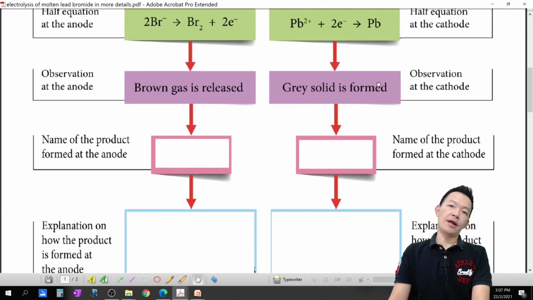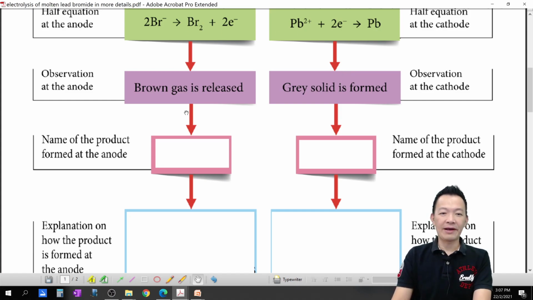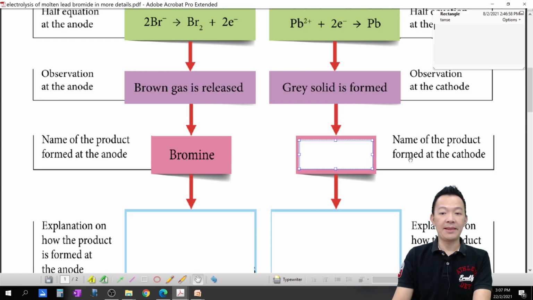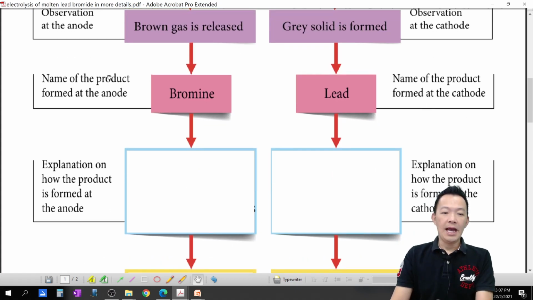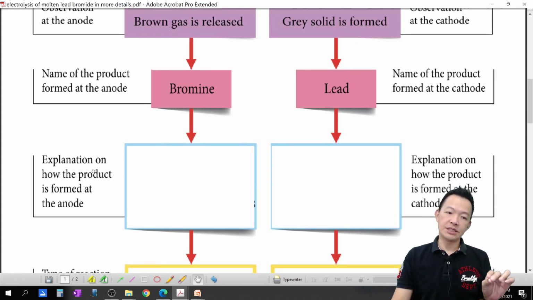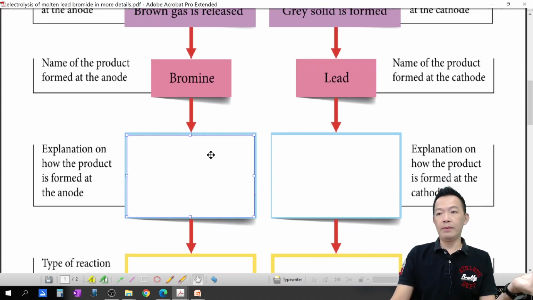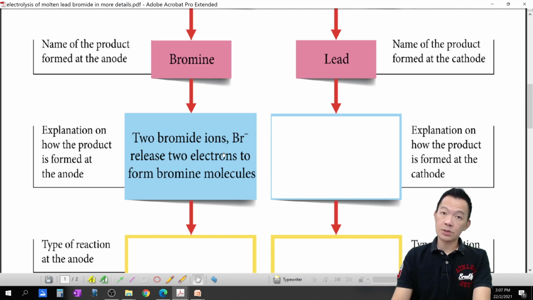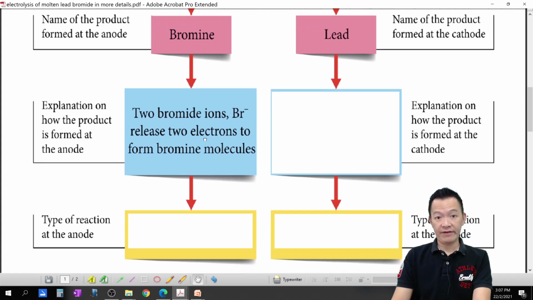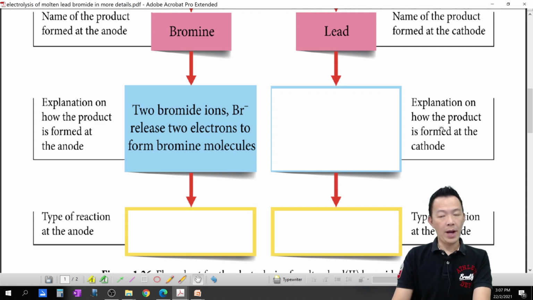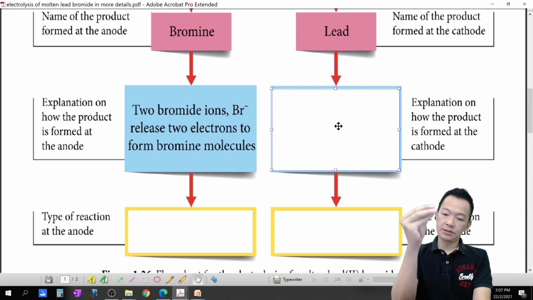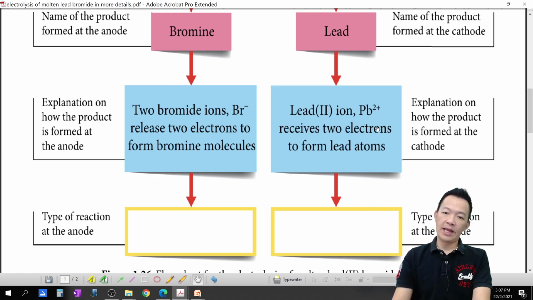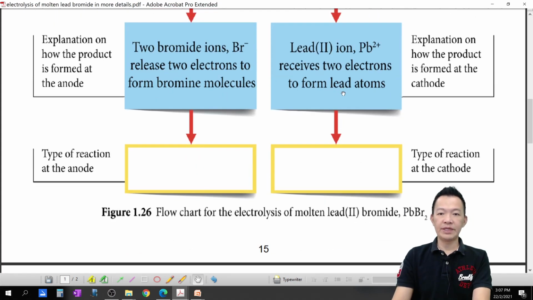Why the answer is different? Shiny gray, silver gray，因为每个人的眼睛不一样。Okay, name the product from bromine gas. 这边是 lead 啊。Explanation on how the product is formed at the anode. 解释一下为什么 anode 会拿到 bromine 呢？因为 bromide lost electron 它 oxidize，然后变成了 bromine 啊。So two bromide ion release two electron to form the bromine molecule，就是 half equation 的东西来的。Why you get the lead？为什么你在这边会拿到 lead 呢？Lead ion gain the electron to become the lead. So lead ion receive two electron to form the lead 呢，它收到 electron 变成了